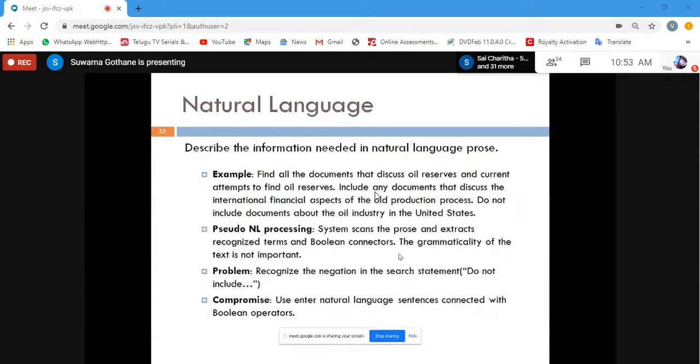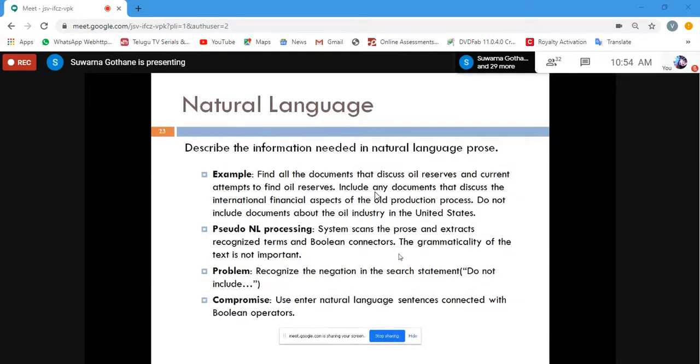Any person, whatever their age, from first class or second class to 60 or 70 years old, is sitting on the internet nowadays, even without much knowledge. They will just sit and try to spend time or learn new things. They can fire the query according to their wish. That is called a natural language query.